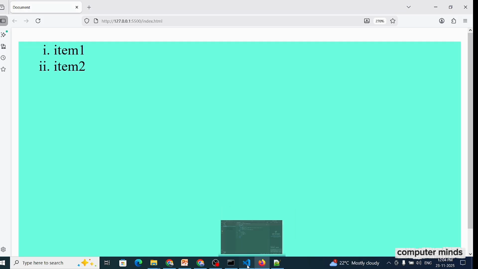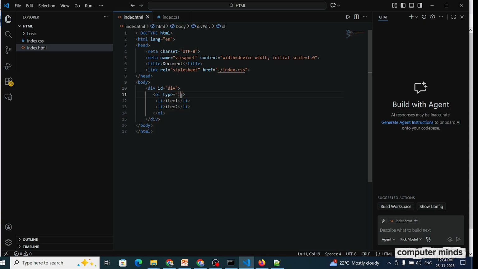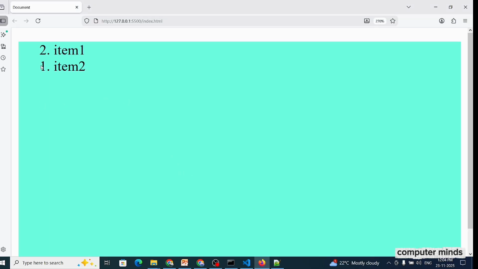You can provide start 10 and reversed, and it will give in reverse form, like 2, 1. It will give like a reverse form.